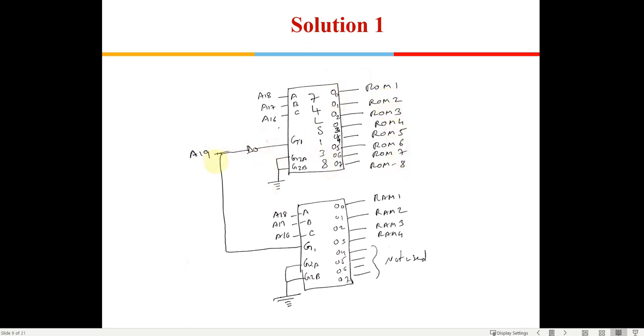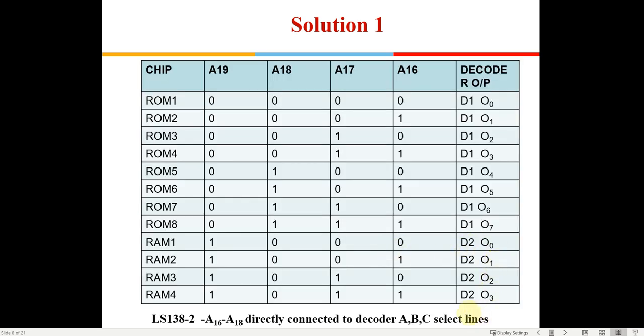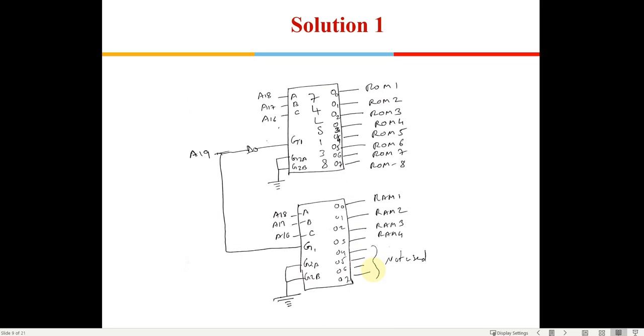D1, right, and A19 is given here, and then again I use RAM 1, RAM 2, RAM 3, RAM 4 from the next, from D2 here. If you see D2, the last 4 combinations of D2 out here, we have not used, so the last 4 are left open. So we give A, B, C. Only thing you have to remember in your exams, A is the MSB, B is the middle bit and C is the LSB out here. So accordingly, don't start writing A16, A17, A18 out in here. So this you need to be careful with.